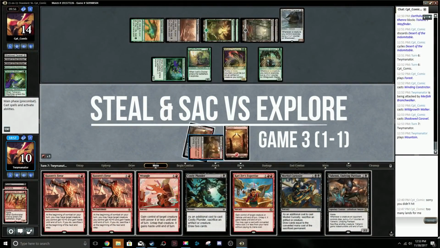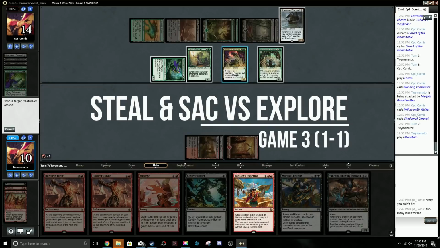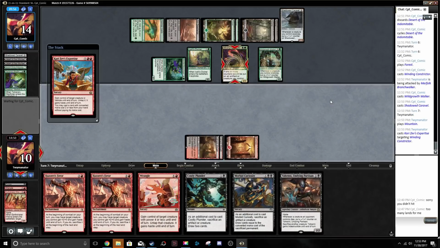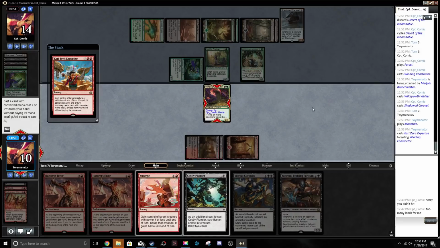Alright, so we're going to lose anyway, which is unfortunate. But let's carry Zev's Winding Constrictor and then Costly Plunder. Are we dead? I don't think we're dead. I think he's a few points off. But yeah, carry Zev's, and then we can Costly Plunder and hopefully draw...